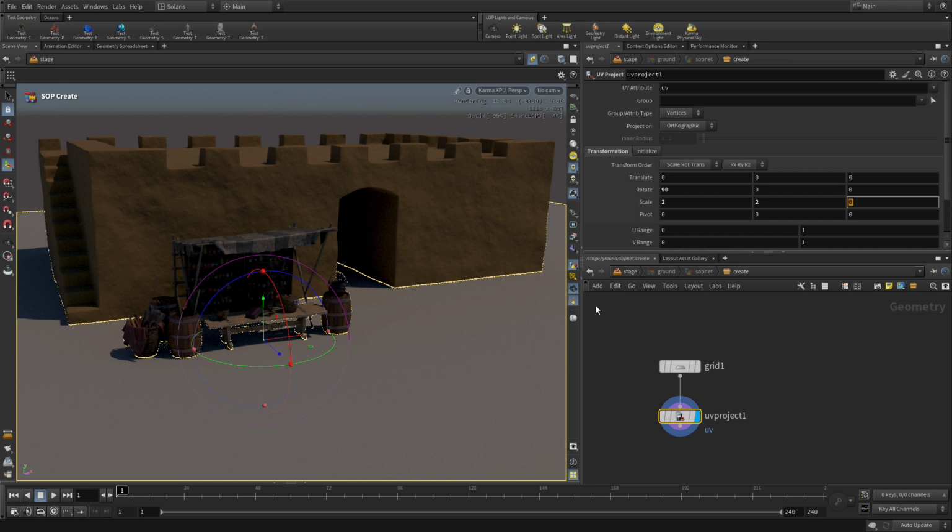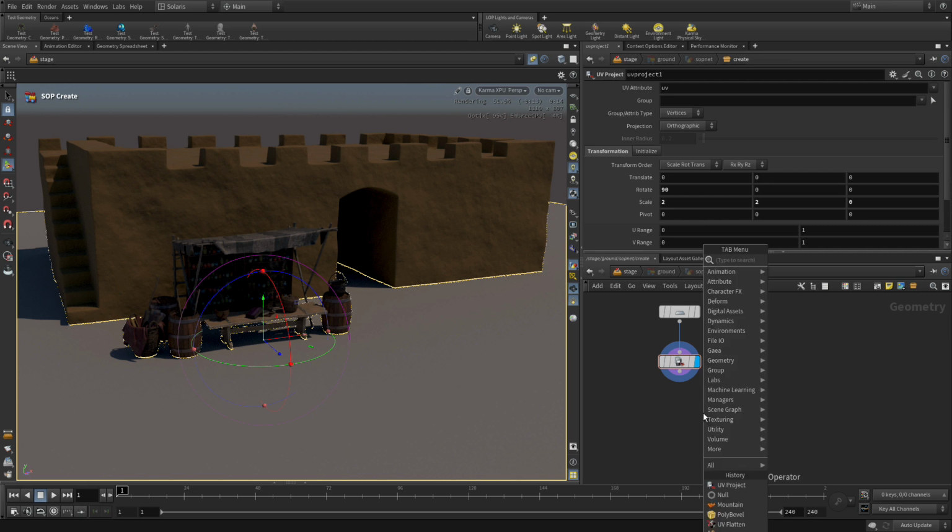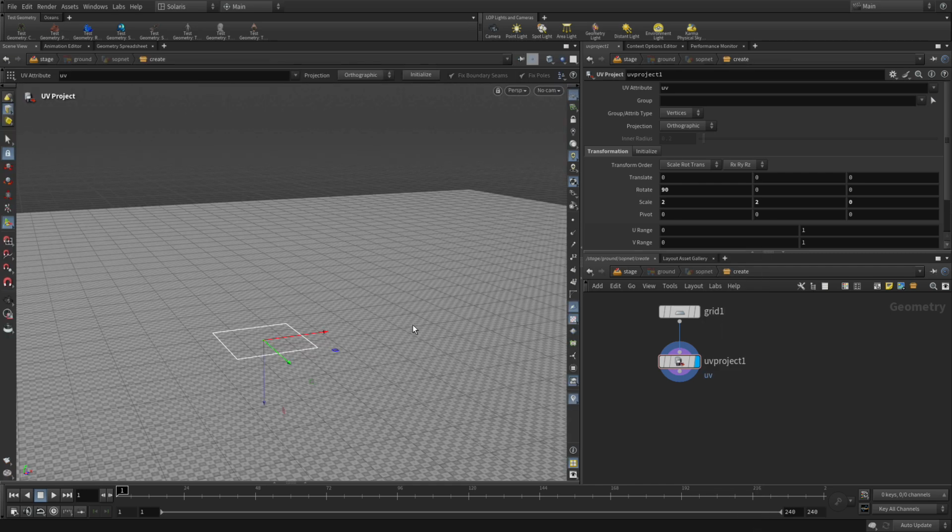Well, we're not going to see that here at this level until we add some detail. If we want to see that, we'll see that if we unpin this. Then we can see what the pattern would look like there. But if we go back